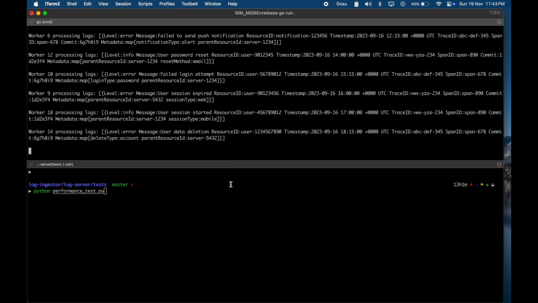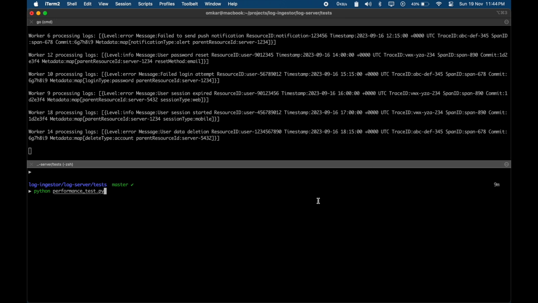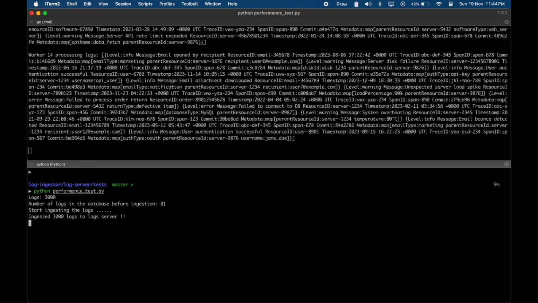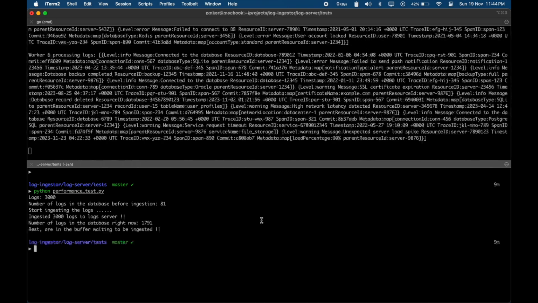Now let's move on to the performance test. This is a script I've written to demonstrate the flooding of a humongous amount of logs, which will be used to demonstrate a real life scenario. For this demonstration, I have only put 3000 logs, but it can scale even more, especially when we add more resources. So let's run this, and as you can see, a lot of logs are being flooded onto our service,